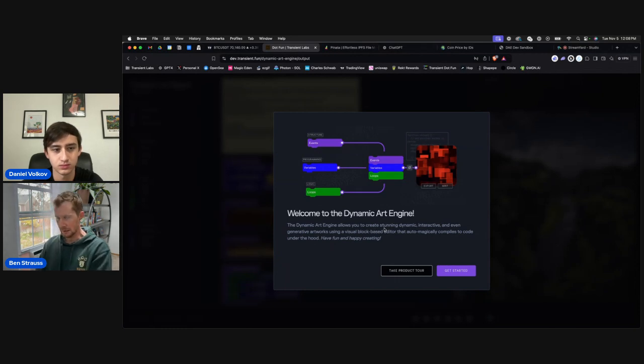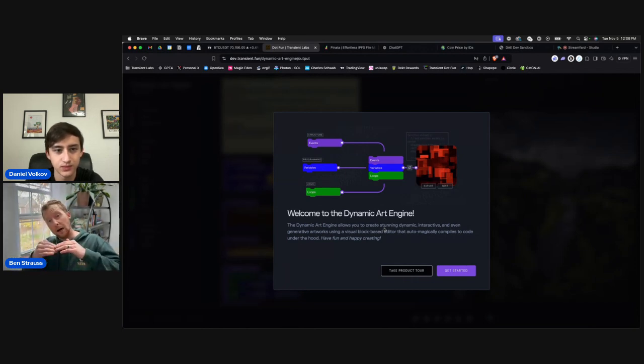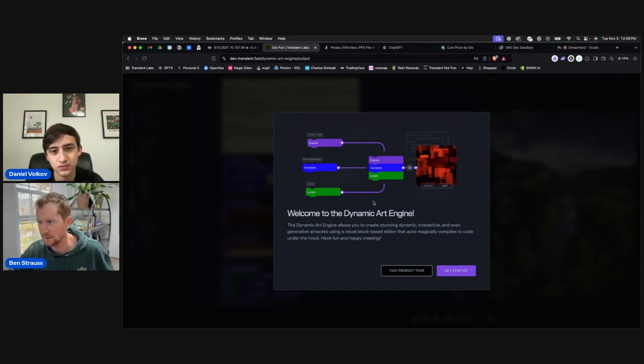So if anyone here's ever messed around with the P5.js editor, done any generative art, or tried to create dynamic art, P5.js is a really awesome library that abstracts vanilla JavaScript up a layer. And so Dynamic Art Engine even abstracts that another layer on top, where we're removing all actual coding, and we're now using a visual programming interface to build creative code. And that means dynamic art, that means generative art, that means dynamic